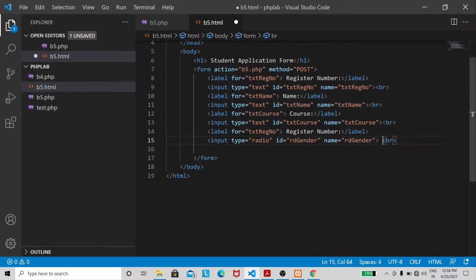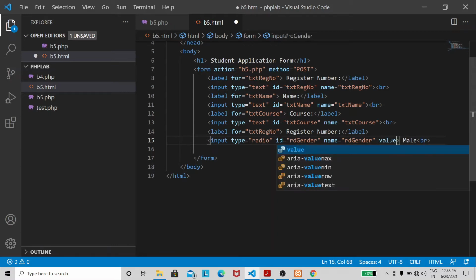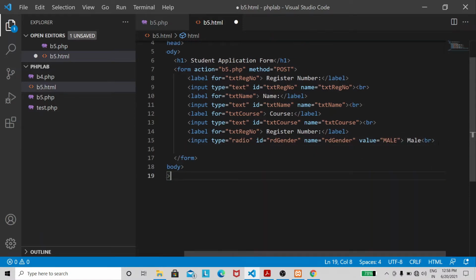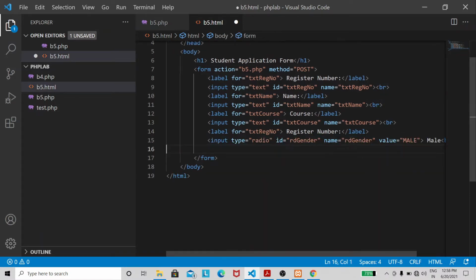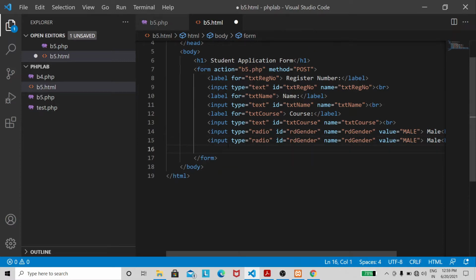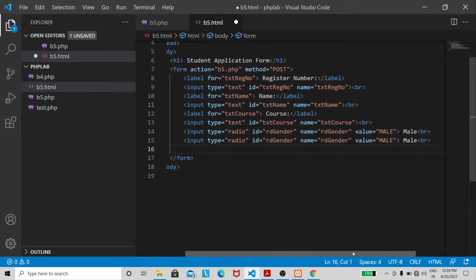Here I'm going to give it as male, and value for this is male. Similarly, label is not required for this because I'm giving the details here itself. Okay, I'm going to copy this, paste it. Everything remains same except here.